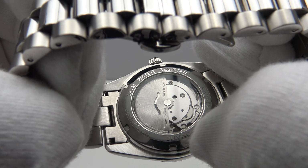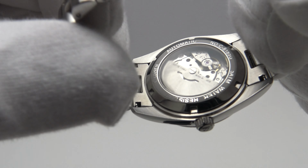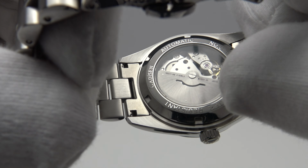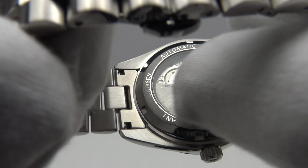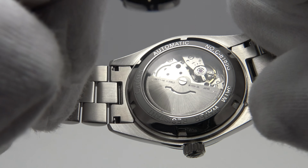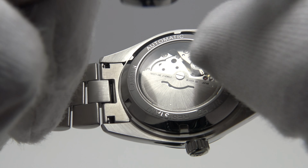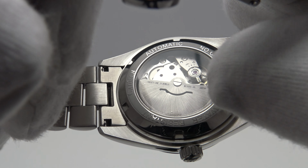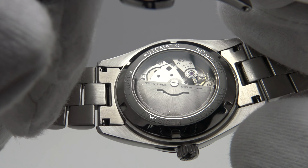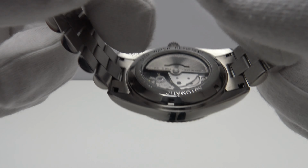Now the negative of the caliber 8285 automatic is it has a unidirectional rotor rather than a bidirectional rotor, so therefore it's not as efficient. Personally, I prefer automatic movements to have a bidirectional rotor so that the rotor can wind the movement both clockwise and anti-clockwise. With the Miyota caliber 8285, the rotor has to spin anti-clockwise in order to automatically wind the movement, so that is a consideration. But however, one can top up the 42-hour power reserve by manually winding it via the crown, so it's not